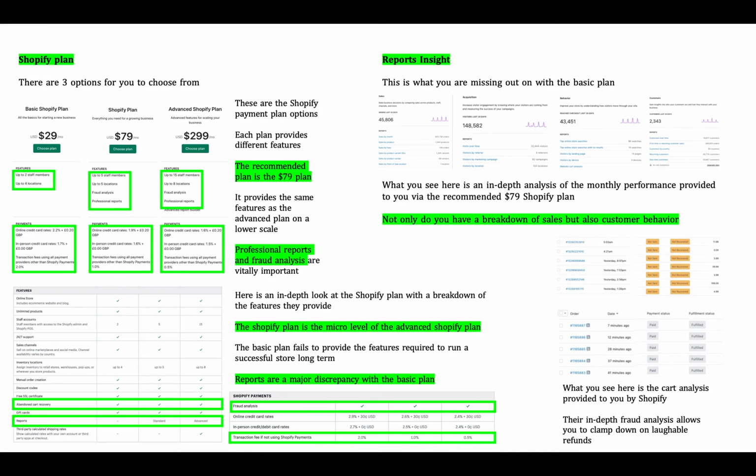There's the basic Shopify plan, the Shopify plan, and the advanced Shopify plan. The Shopify plan is in fact the recommended Shopify plan. Now the difference is,